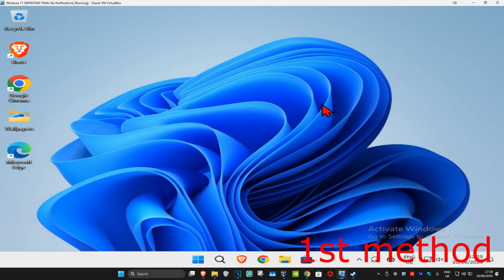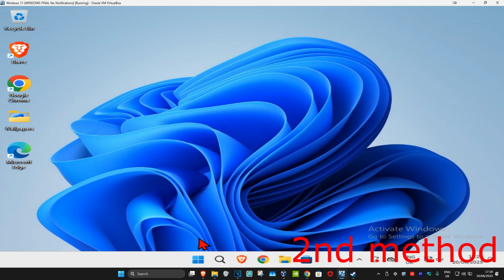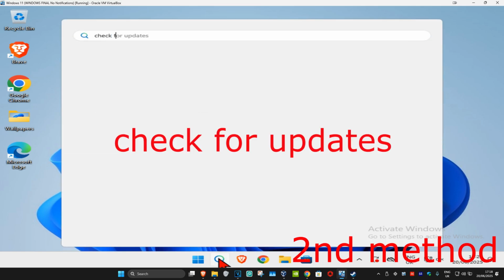So guys, for the first method, you want to unplug and then replug your USB device. See if that works. For the second method, you want to head into search and type in check for